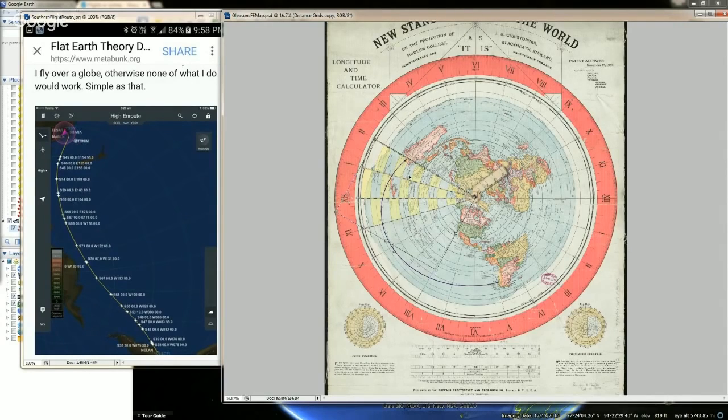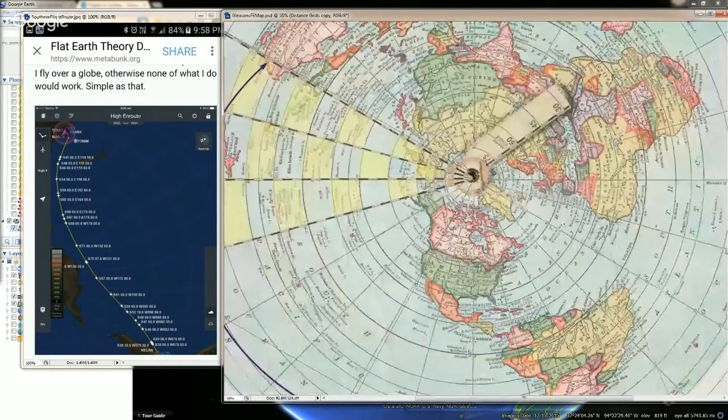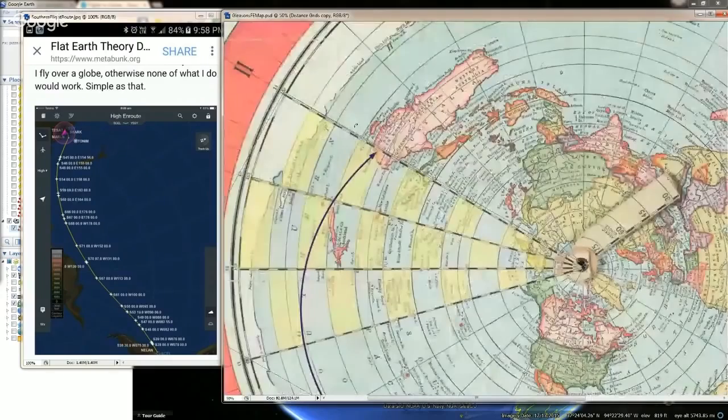So we've got roughly 3 fan distances across right here at 2,600 miles width. So 2,600 times 3 is 7,800 miles. But if we zoom in here, this is past Sydney. Not sure how far the distance would be. And again, this is all very rough estimates here. But let's just say roughly